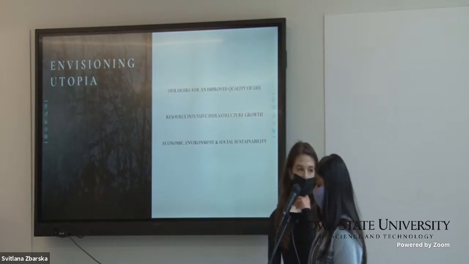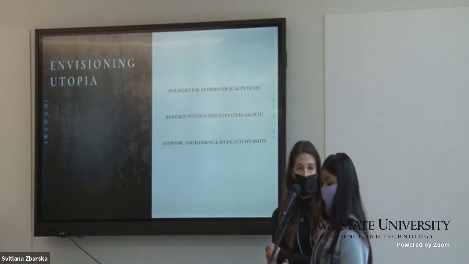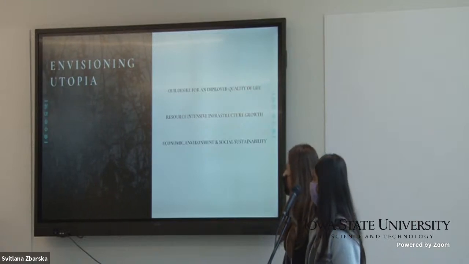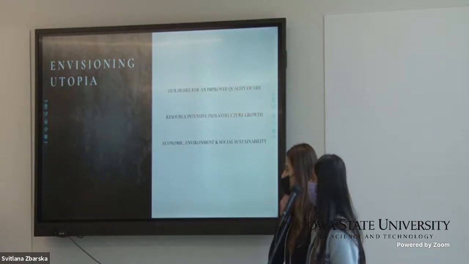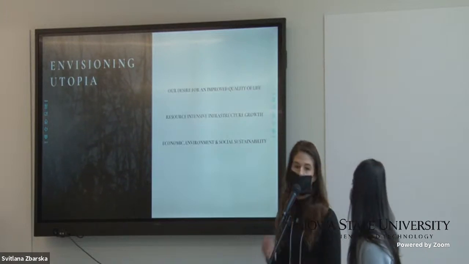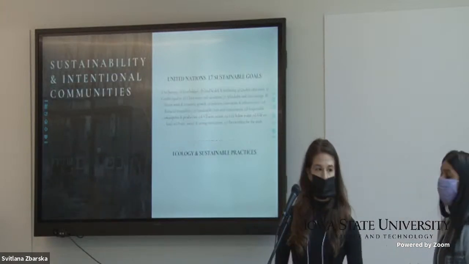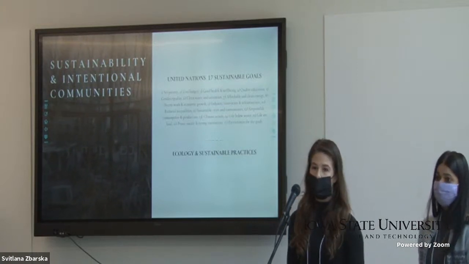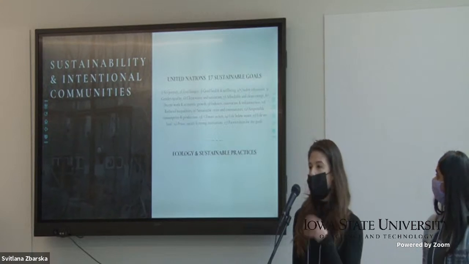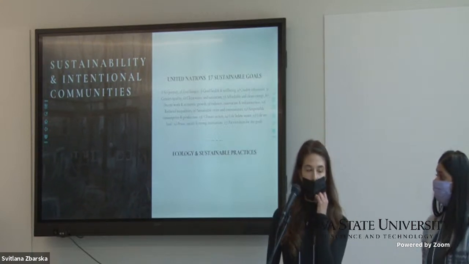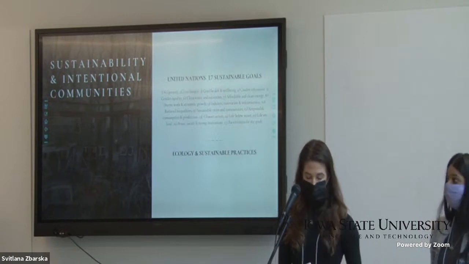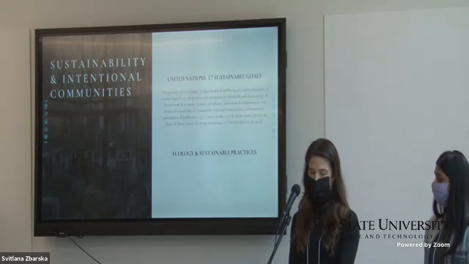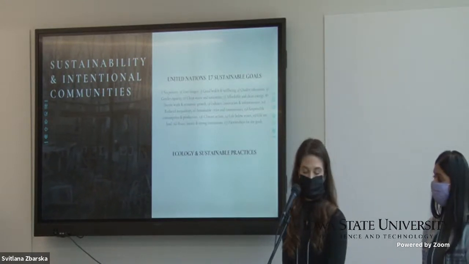Constituents have moved toward prioritizing sustainable development as a need to move forward, ideally in a manner that focuses on creating equal opportunity to success and a better quality of life for all. Sustainable development refers to our ability to meet the needs of the present without compromising the ability of future generations to meet their own needs. Acknowledged as a global concern in 2015, all member states of the UN adopted 17 goals towards this crucial agenda aimed at achieving sustainability by 2030.